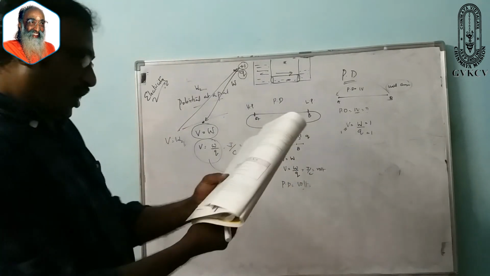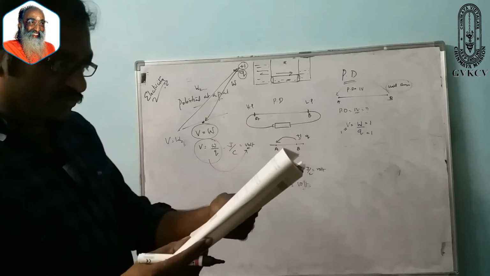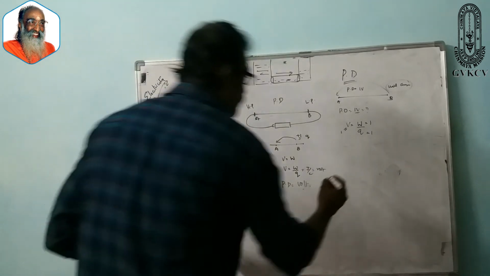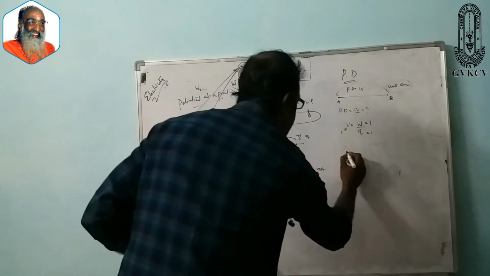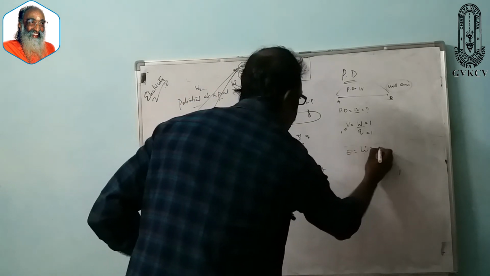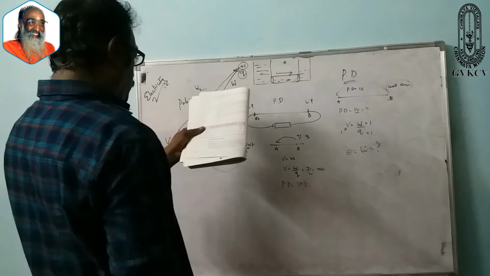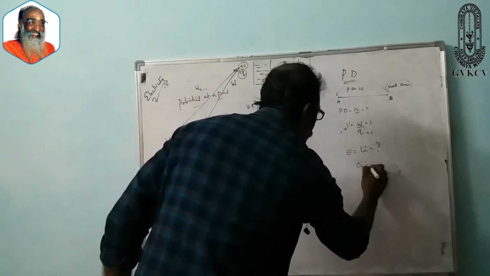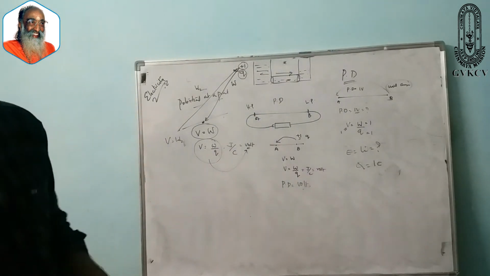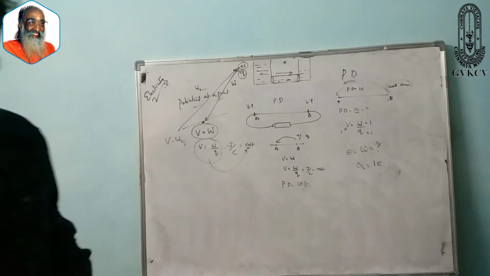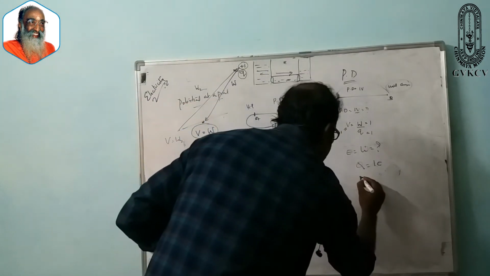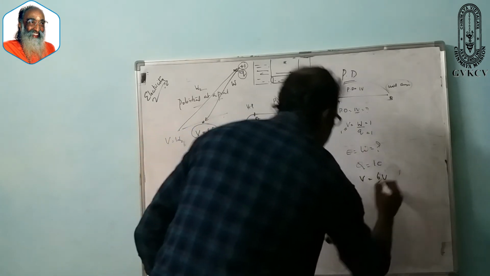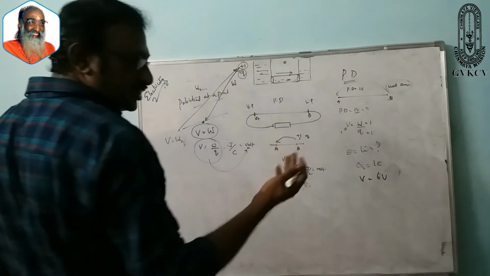And next is, how much energy is given to each coulomb of charge passing through a 6 volt battery. So here, how much energy? Energy is nothing but the work. Each coulomb means Q is equal to 1 coulomb, and they asked, if it is connected to the potential difference of 6 volt, what is the energy? Energy is nothing but the work.